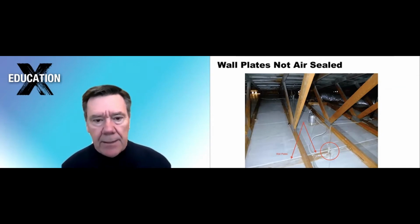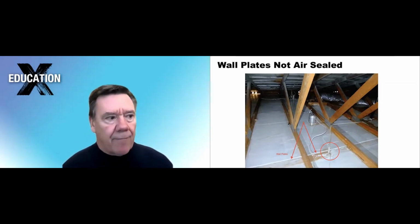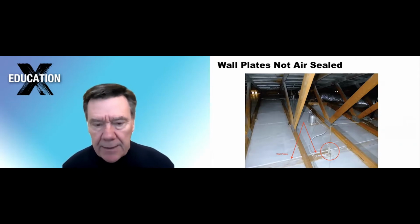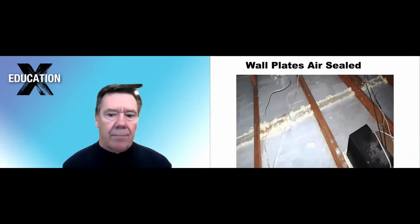And this house, again, is about 3,400 square foot, a 2-story home. And the blower door test yielded about 4,460 CFM of leakage. Fairly leaky house, but pretty typical for a house that was built in the 1970s. So I went forth and air sealed everywhere, including some of the areas that most people don't think about when